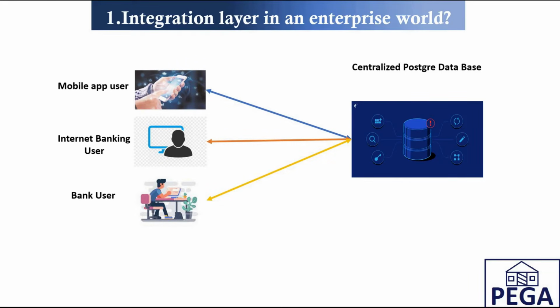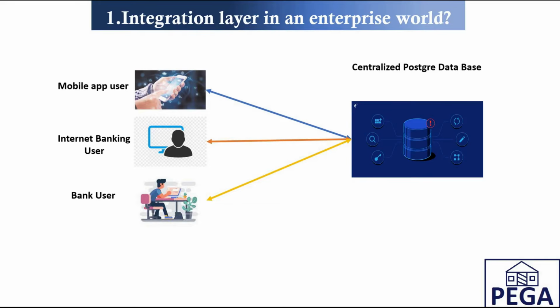What happens is it goes and gets the detail from that centralized database. Let's say you are using your account detail. Now it goes and gets the detail from that centralized database. Let's say you walk into a bank and you give your account detail, and then the bank user will fetch it on their respective portal, which is going to bring the detail from the same centralized